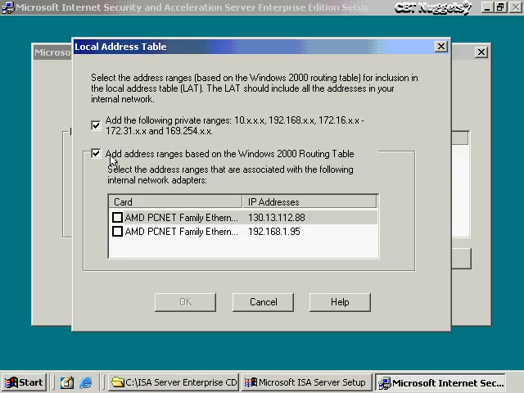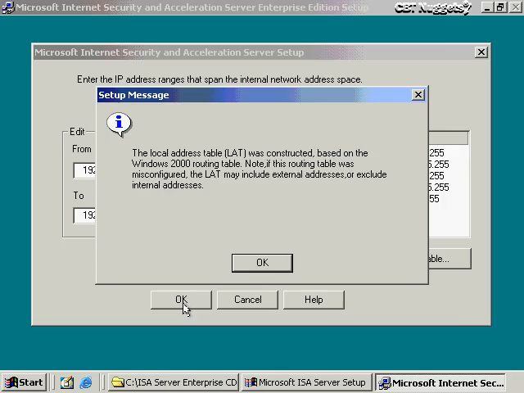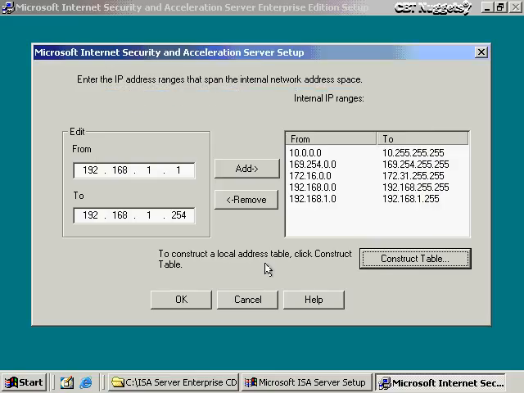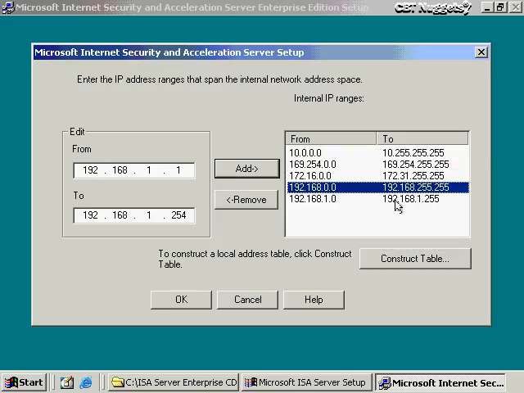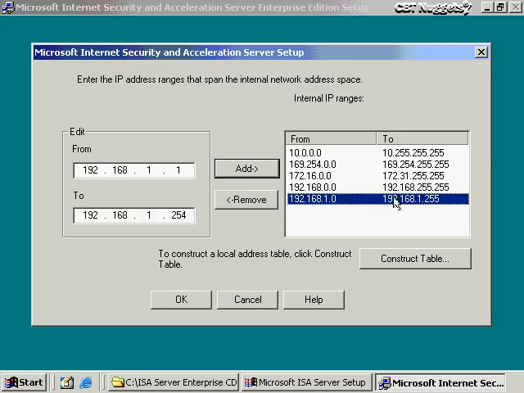card information. You see right here we have the address ranges based on the Windows 2000 routing table. If this is checked, we get to choose the network card that belongs to our internal network, which is this one right down here. This is my external, that is my internal network. I click OK, and right here it says the local address table was constructed based on this information. I click OK, and I see over here all the addresses. These are all private ranges, 10, 169, 172, 192.0.0, and then it added the one from my network interface card that I selected. Now I could have just added this one for our environment, but we added all of them